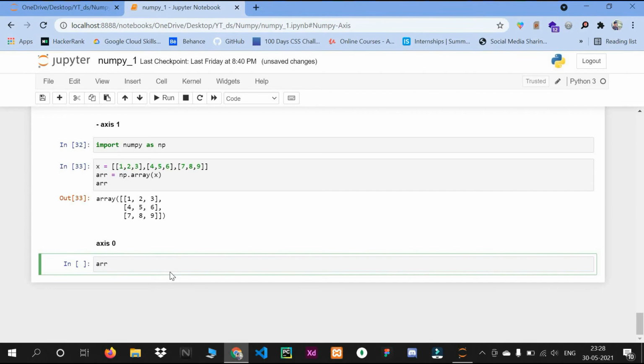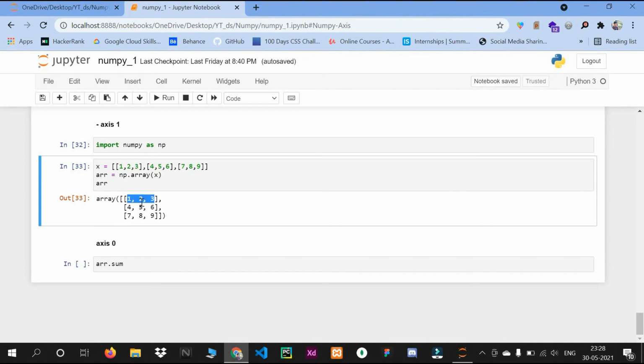So first we will see axis 0. For this I will take this array dot, and I will take one attribute which is sum. In detail we will see about sum in next section, but for information, keep in mind that this sum attribute adds the sum of all these elements column wise and adds a new row to it.